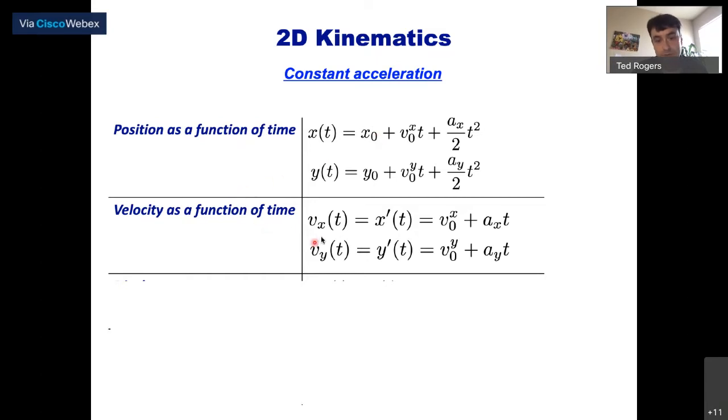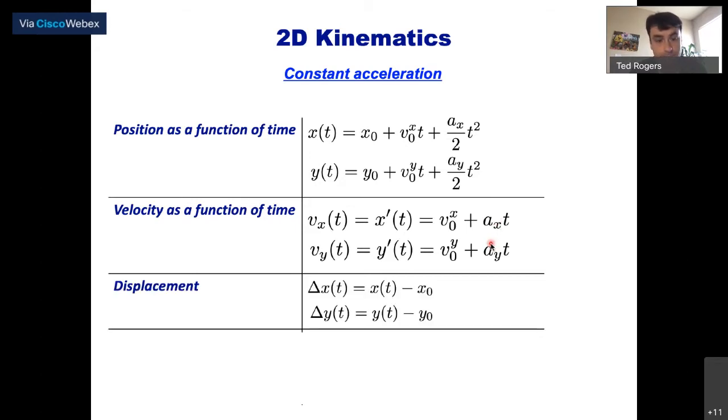Otherwise, it's just that velocity in the x direction is equal to the initial velocity in the x direction plus x acceleration times time, and similarly for the y component. Displacement is the difference between whatever final position in the x direction or final position in the y direction you're interested in, and the initial x and y positions.